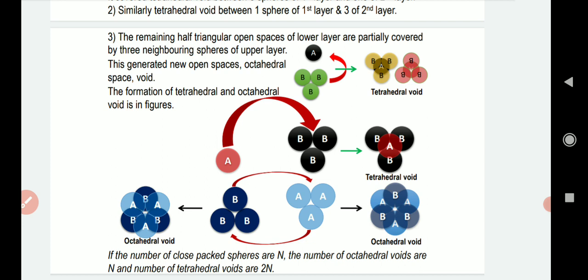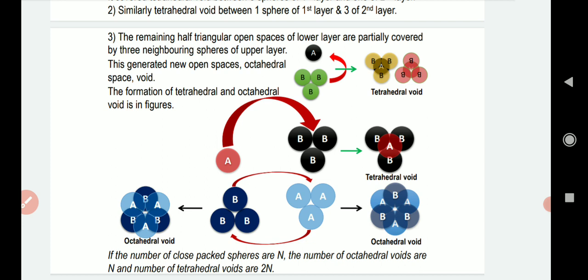Void means empty space. The type of empty space that is created is called a tetrahedral void, because in this case there are 4 spheres involved. Tetra means 4. So as 4 spheres are involved in the formation of this empty space, it is called a tetrahedral void.